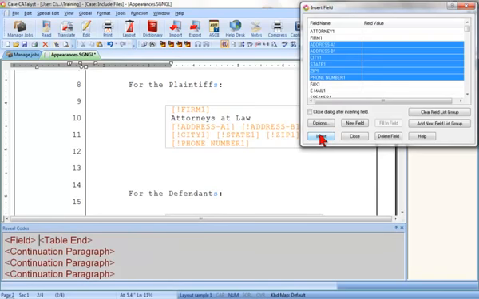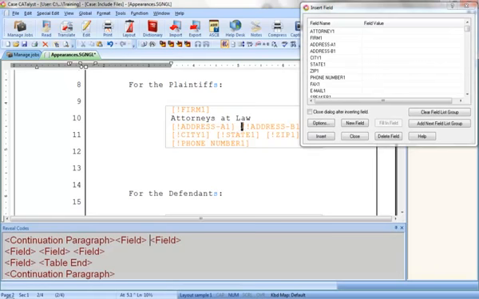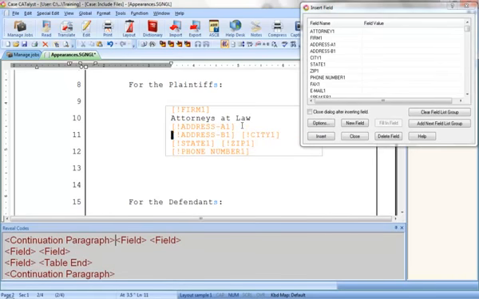Of course, this isn't formatted exactly the way I need it, so I'm going to have to adjust it a little. First, I'll click to position the cursor right before the Address B1 field and press Enter to bring Address B1 down to a new line. Now, I'll press my right arrow to move over to City 1 and press Enter to bring it down to the next line. There needs to be a comma after City, so I'll press my right arrow and then press comma,